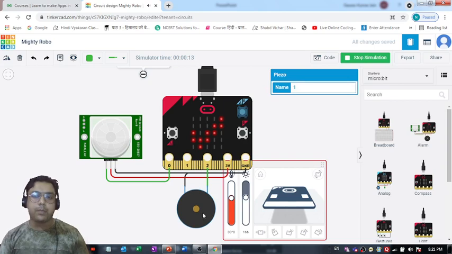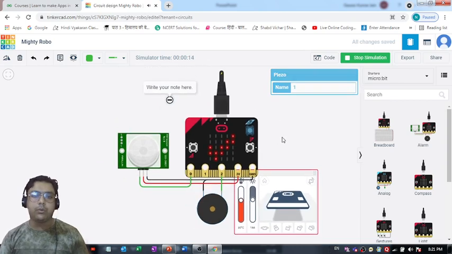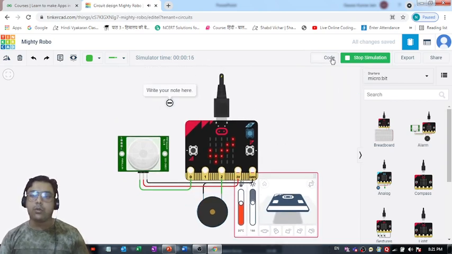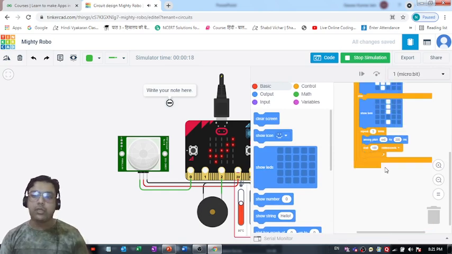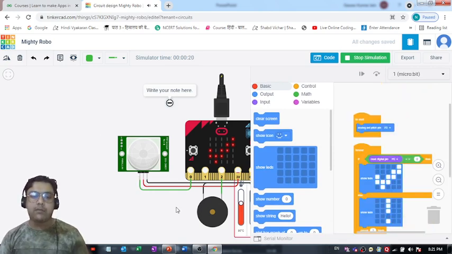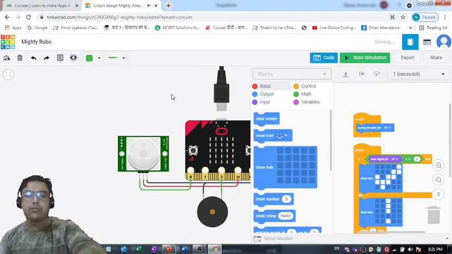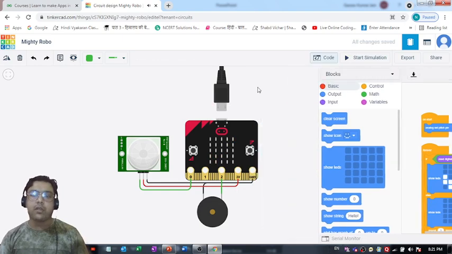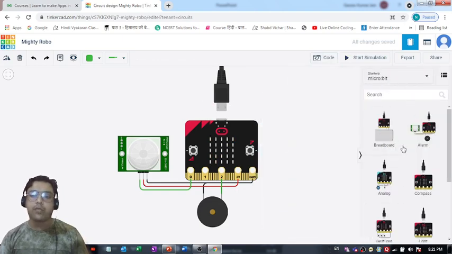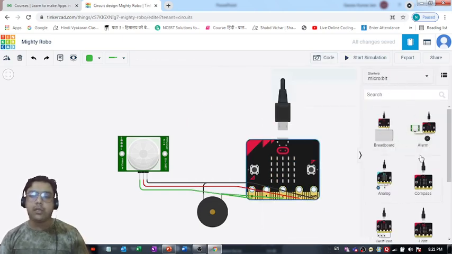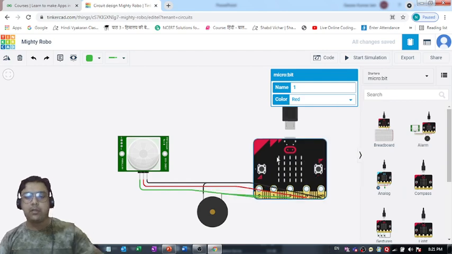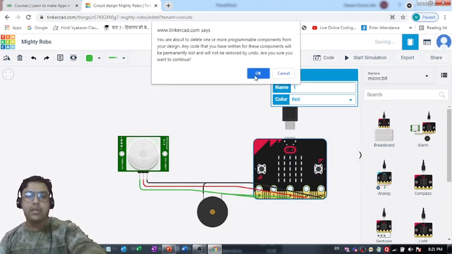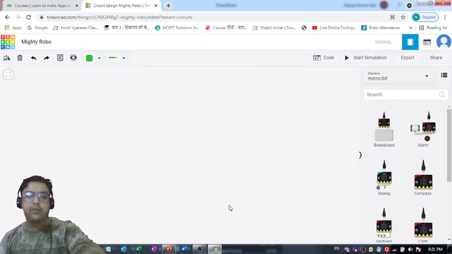Okay, so this buzzer is not working, right? Maybe there is some issue in the code, but at least we can see everything connected with each other. You can learn how to make connections from this basic circuit, which is available to us over here in this navigation menu. Let me eliminate this from here. We can press the delete button to eliminate everything.